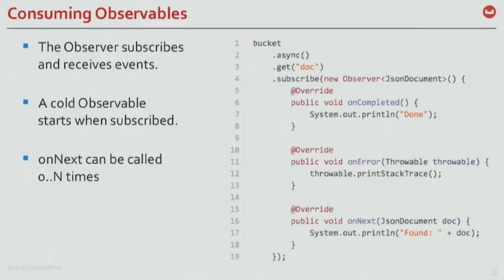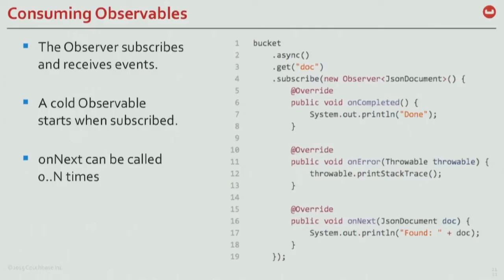How does it work in terms of code? Well, if you're familiar with Couchbase, we store documents in what is called a bucket. So a bucket object gives you a link to that database of key value objects. And I said by default that bucket was synchronous. Here I want the asynchronous interface, so I'm calling the async method. And then I'm doing a simple get, giving the ID of a document, the key of a key value pair. And what it's going to return to me is an observable.